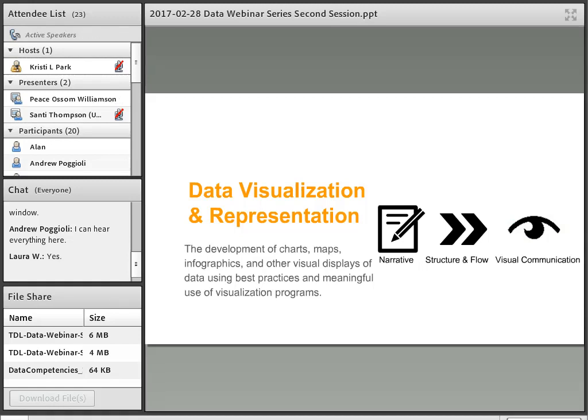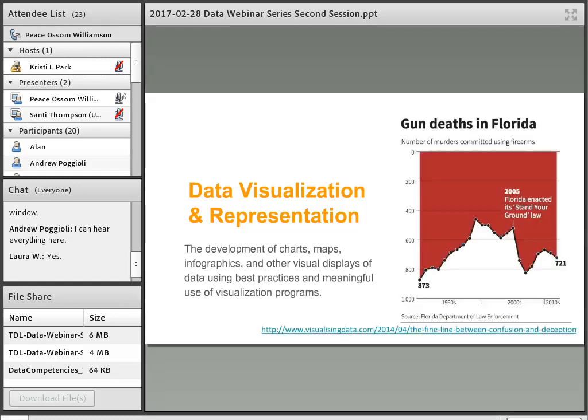any kind of communication you're using, you still want to use elements that make sense for one, your audience, for the message you're trying to get across, and for the medium that you're using. And so we talk about the elements of effective communication through visualization. You can see I have some of those shown here, and I'll talk a little bit more about what that